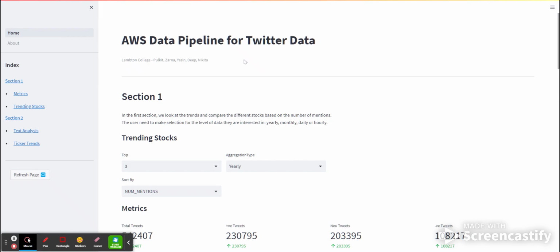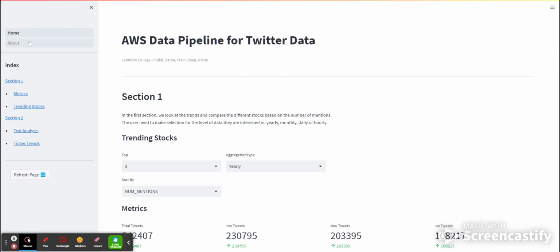Our Capstone project is based on implementing a batch processing data pipeline. We are using Twitter as the data source. We are getting the streaming data from Twitter. We are collecting tweets regarding the stock symbols and processing the tweets to show interesting visualizations, as we will see